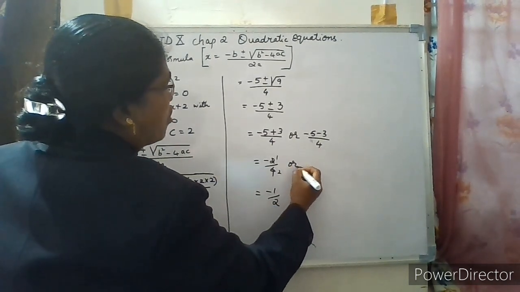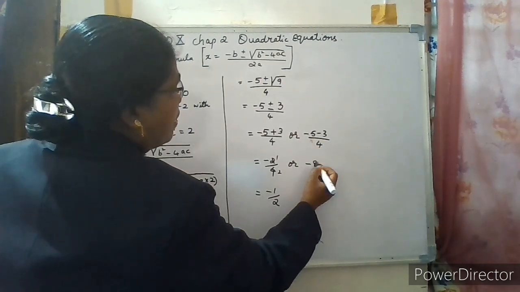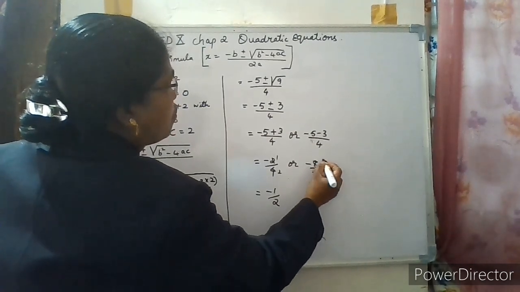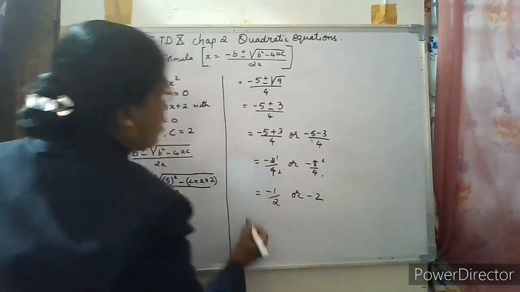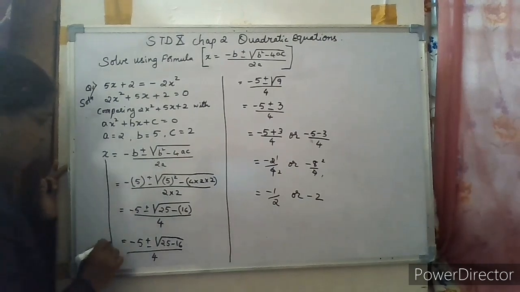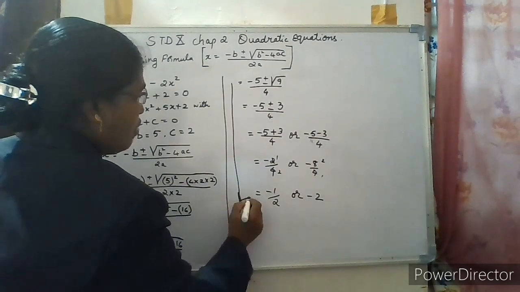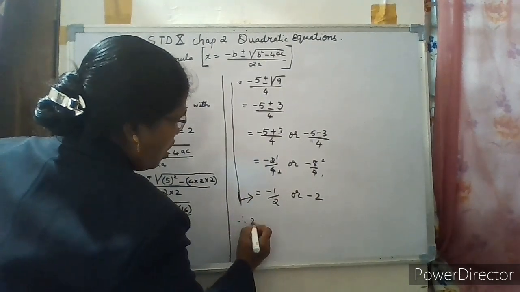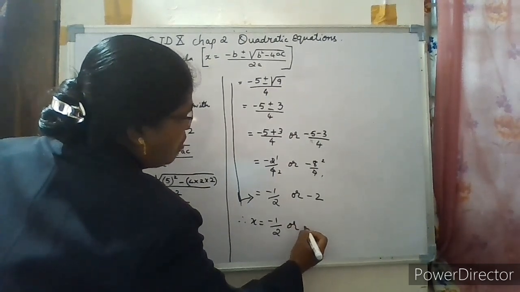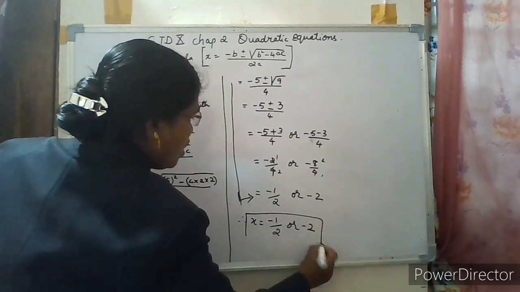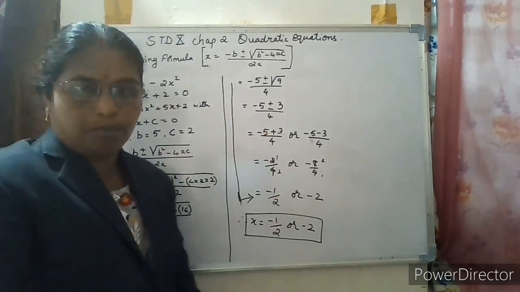Here, or minus minus, both the numbers have the same sign, add and put the same sign. So it is minus 8 by 4. 4 ones are 4, 4 twos are 8. So x is equal to minus 2. Therefore, we got the value of x, you can put arrows in this form. We have got the value of x in this form. Therefore, x is equal to minus 1 by 2, or it is minus 2. This is the value of x we have got. The solution of the quadratic equation is by the use of the formula.